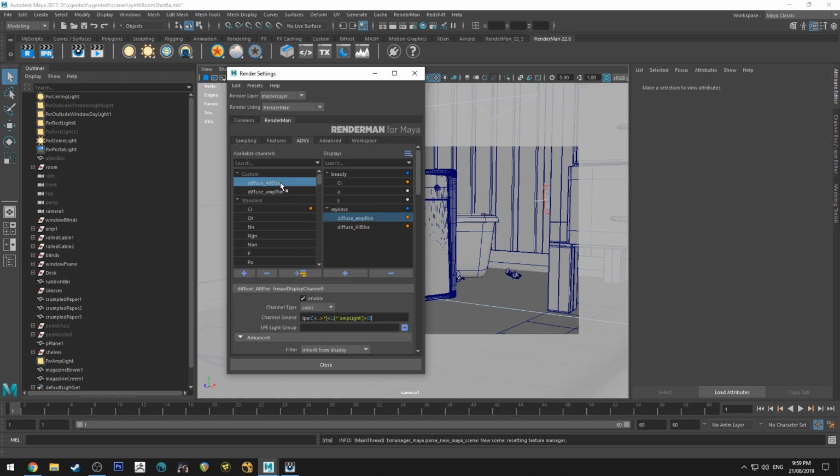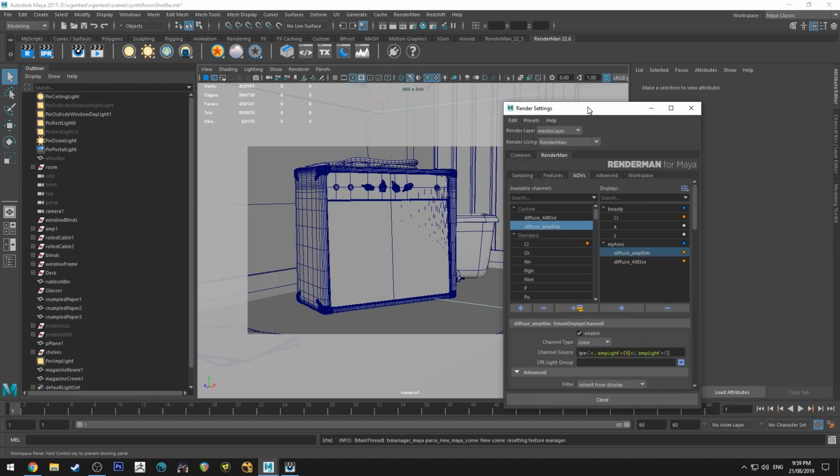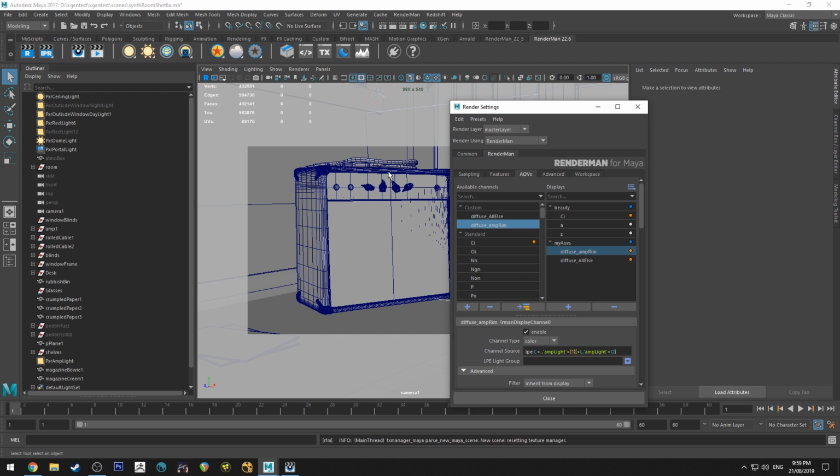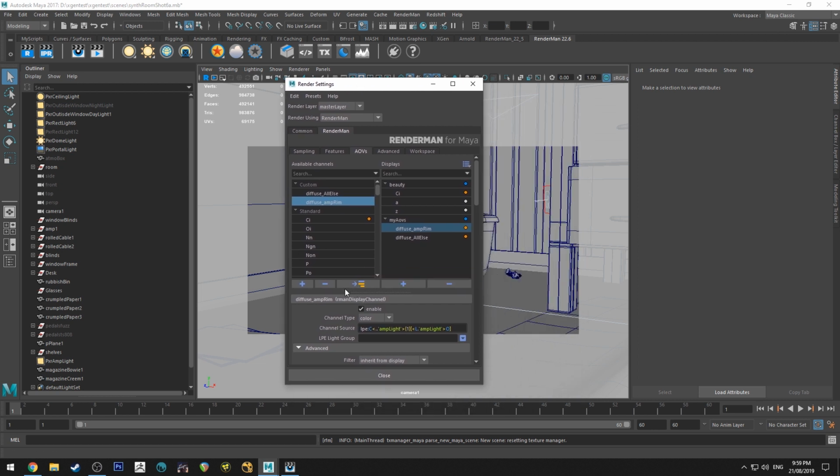So what I had was the rim light of the amp. I have a light just up here. I think you can just see it there. I wanted to highlight the top of the amplifier, but I didn't want to get all this bounce light around on everything else. So I'm basically isolating it to the amplifier. There's a couple of different ways I could have done this. Thinking about it, I probably could have done it as set the light path. Well, actually I did set the light path, so maybe the way I did it was the correct way.